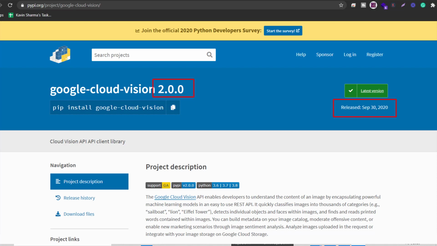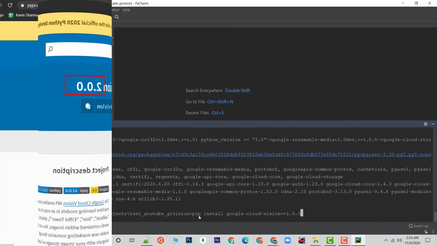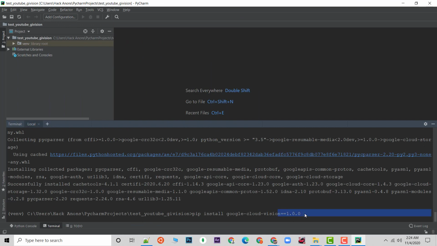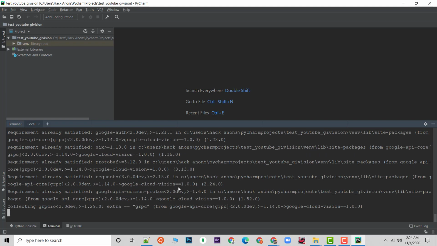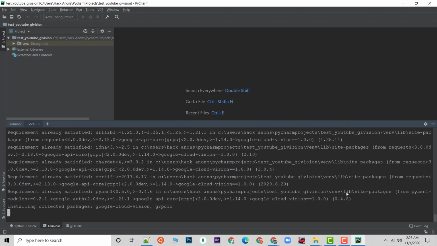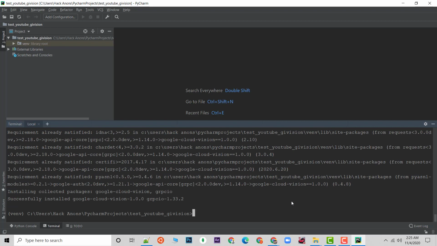So I hope later they will support it. You need to install it like this only. Please make sure you add version 1 only. Otherwise, I've already banged my head against the wall for 2 to 3 hours trying to fix this, until I got to know it is on version 1. So I'd suggest you don't do this, otherwise you will be stuck here and you won't be able to test things.